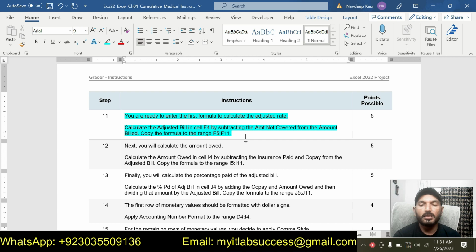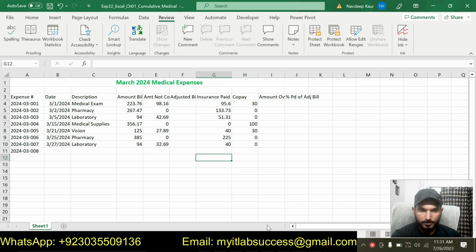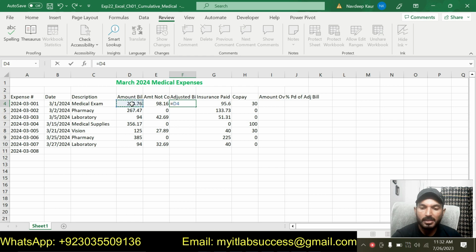So we are supposed to enter a formula in cell F4 to calculate the adjusted bill, and that we can calculate by subtracting the AMT not covered from the amount billed. So this is F4. I will type simply equal sign and we will subtract the AMT not covered from the amount billed. So I will simply select amount billed first, that is D4 minus AMT not covered. So we will get the result, that is the adjusted bill